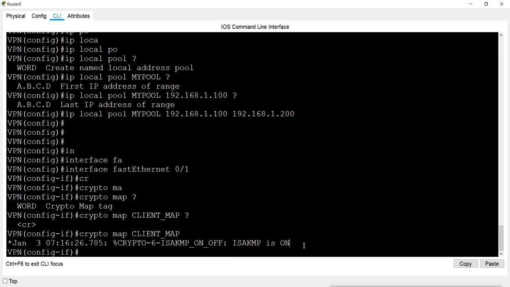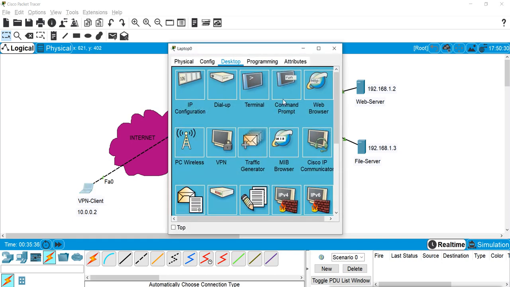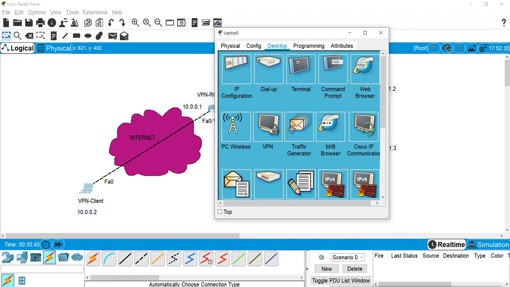Now we can join this VPN client and try to connect to this VPN router through the VPN connection. How will you do this? You go to the client machine, and in Packet Tracer we have an option here to connect the VPN. So we click on this, and it opens here.